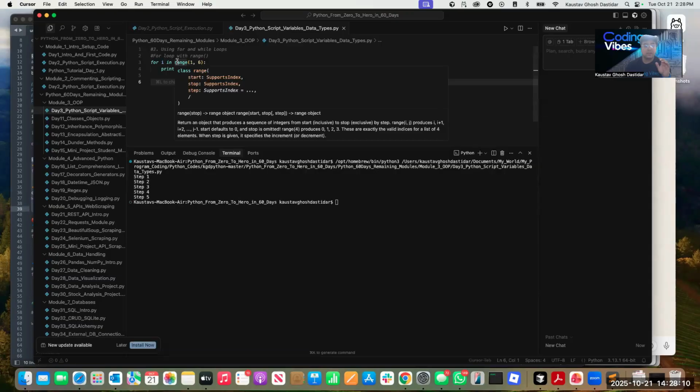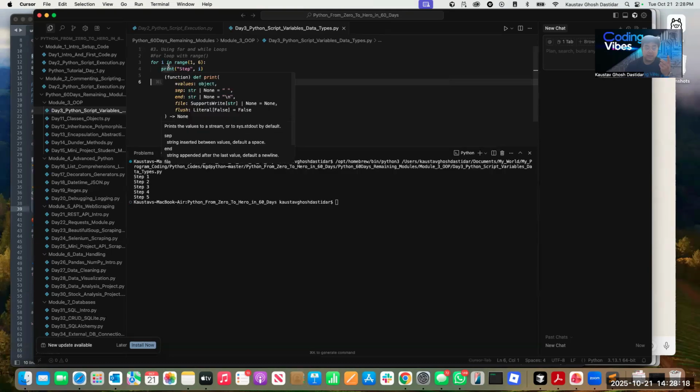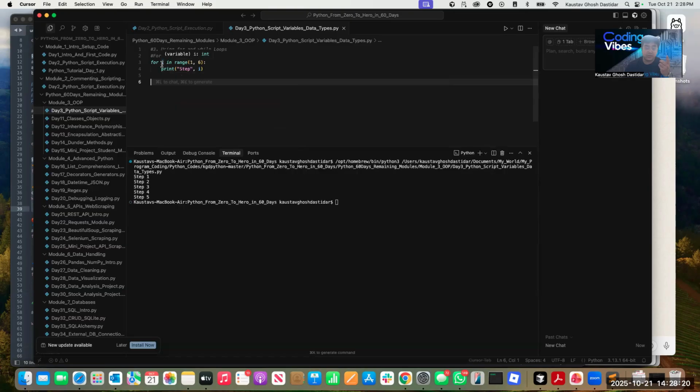The range supports index, and the index value starts with 0. If you do not mention i equals 1 on top, the variable defaults to 0, and 0 to 5 is actually your 6 iterations. Because it is 0 the first time it executed, and it's saying here step